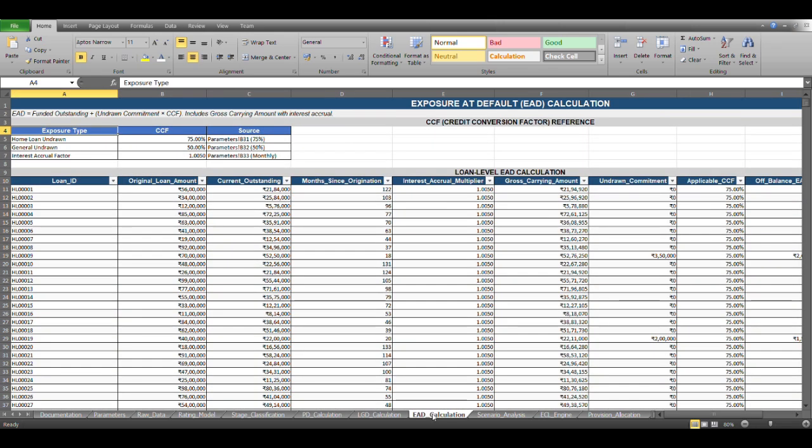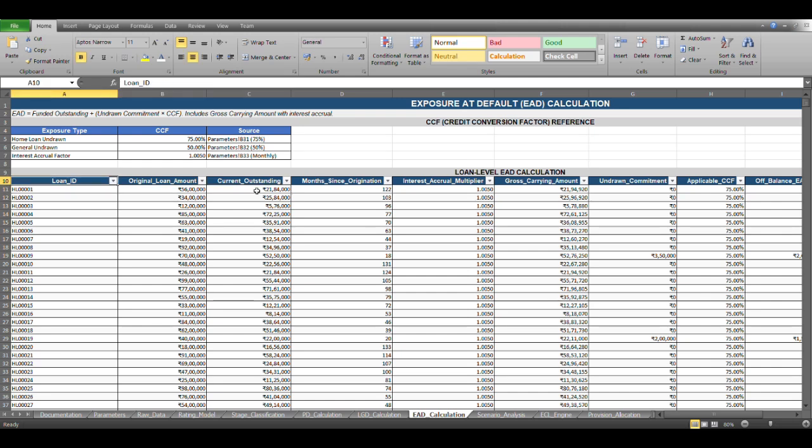Next, let's discuss the EAD calculation sheet, and it is the simplest of the three conceptually. For a home loan portfolio, EAD equals the current outstanding plus any undrawn commitment multiplied by the CCF we have seen in our previous videos. Here I am using a CCF of 75%, and this aligns with the Basel standardized approach for retail commitments. The reason is that not all undrawn limits will be drawn before default, but we conservatively assume that 75% will be fine. And the sum of all EADs gives us the total exposure.